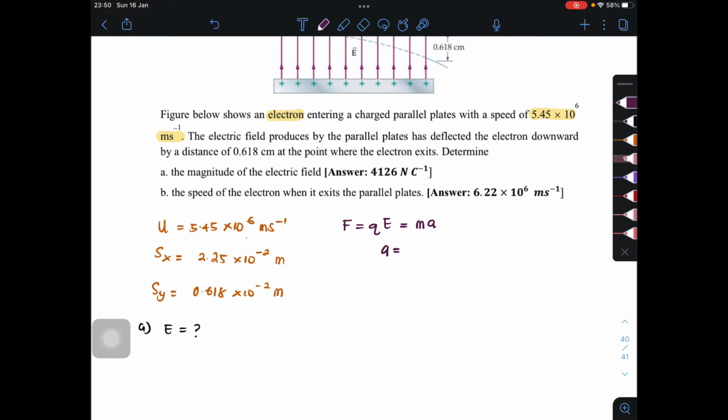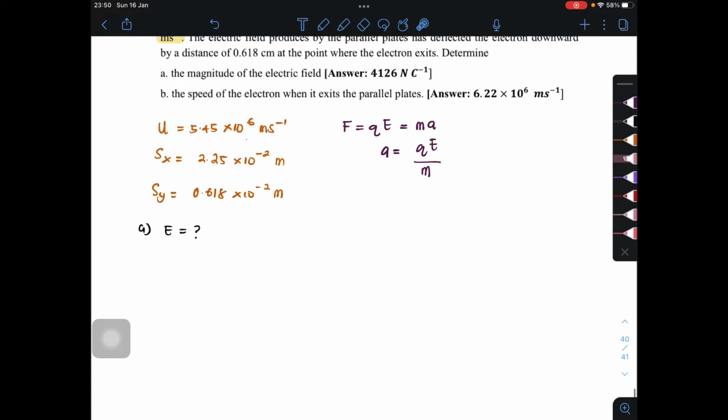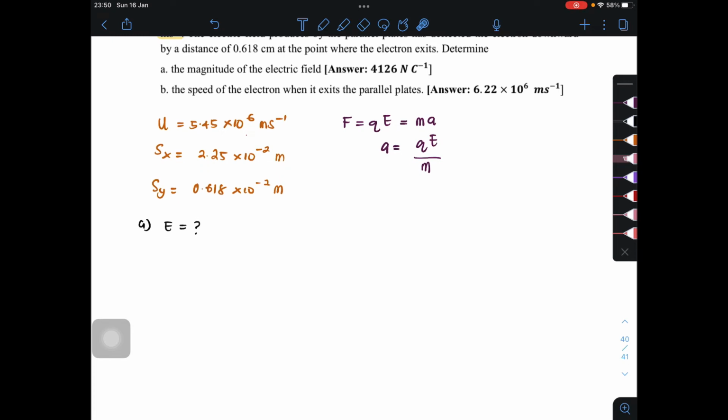Acceleration is equal to QE divided by M. In order to find this acceleration, we first write down the formula. Which formula is the easiest that relates to acceleration? Actually all three formulas have acceleration. Since we have Sy here, a displacement,